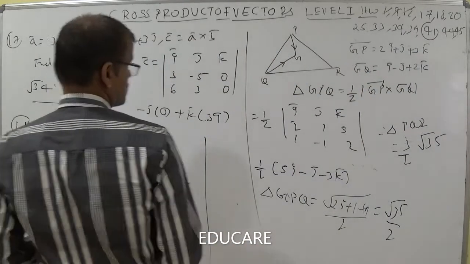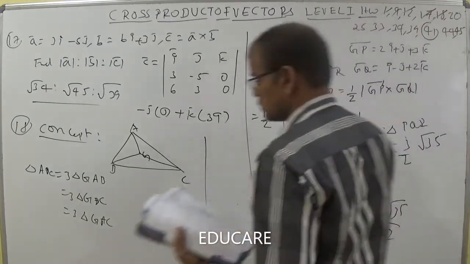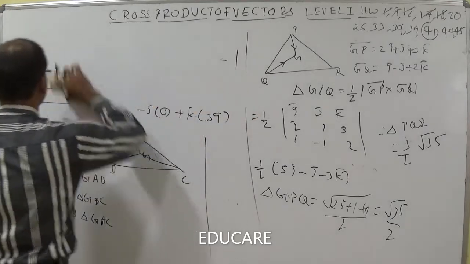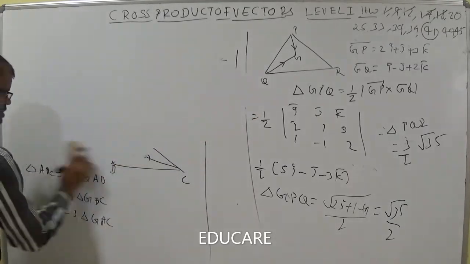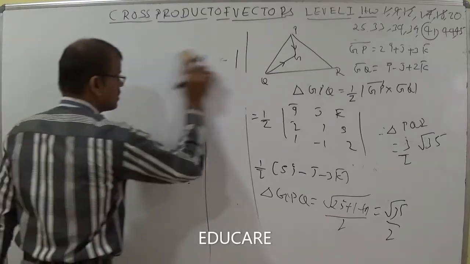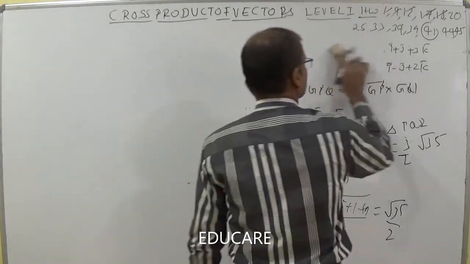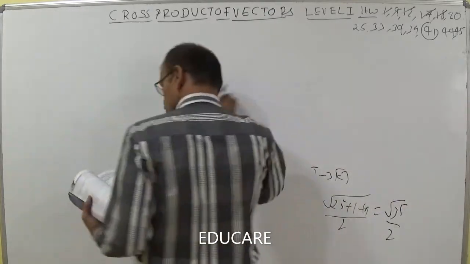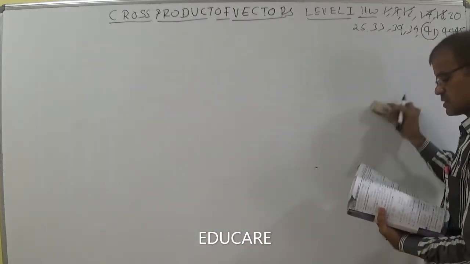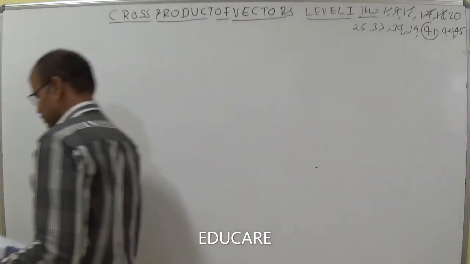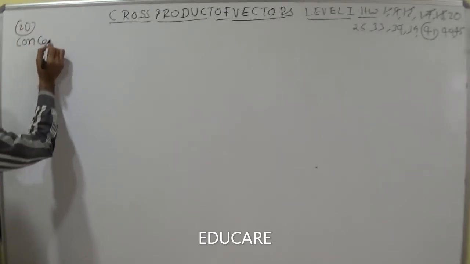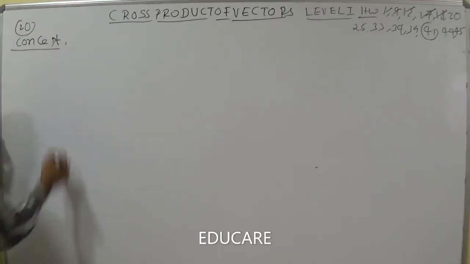Second option. Let us discuss about the 20th sum. This is an easy sum, but some shortcut is there. Let us discuss about the shortcut. The 20th question we faced in the plane concept also, and in 3-dimensional geometry also we discussed the question. So the 20th question, the area of triangle is discussed by the points A, B, C. Let us write the concept for the 20th question.